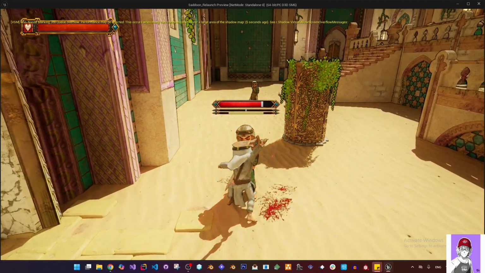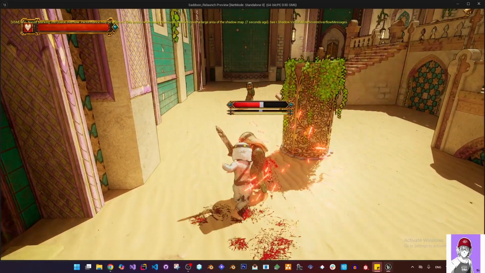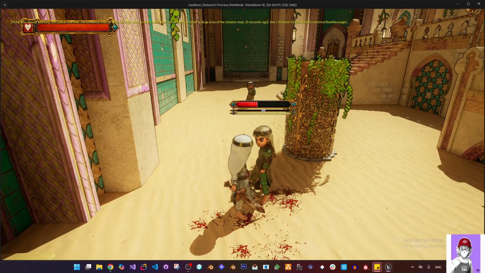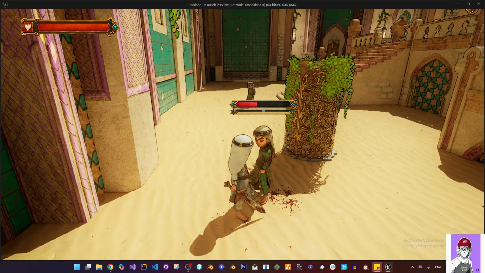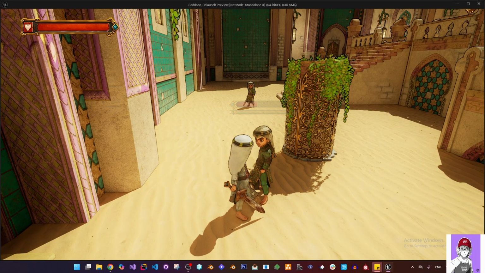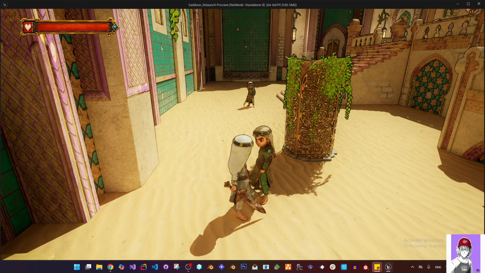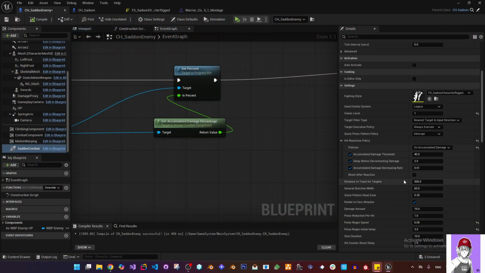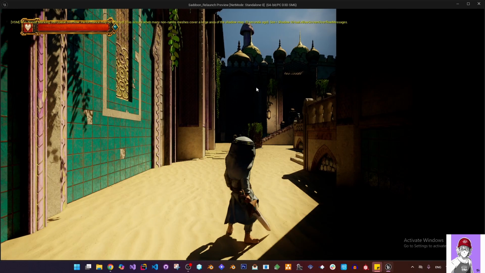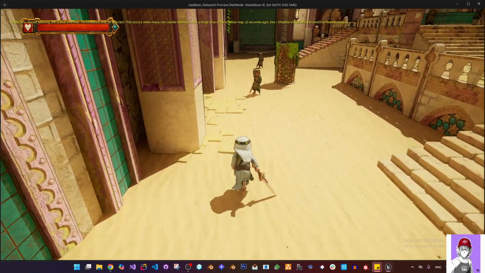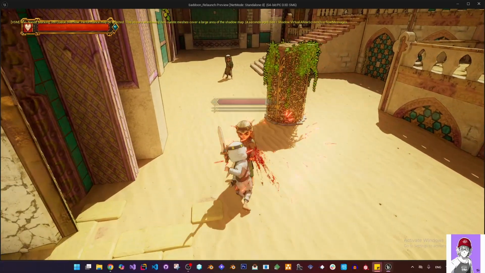1, 2, 3, 4. He will react, and he will keep reacting because the accumulated damage reached the threshold, and it will stay there. After the 2 seconds, it can decrease, and I can wait for the enemy to lose the accumulated damage, and he will become strong again. But if you want, you can say reset after reaction. That means whenever I hit him, you can see that the bar for the accumulated damage will get reset,